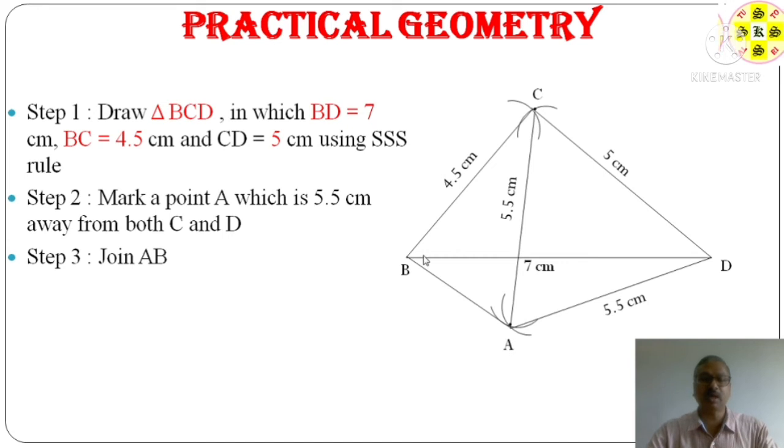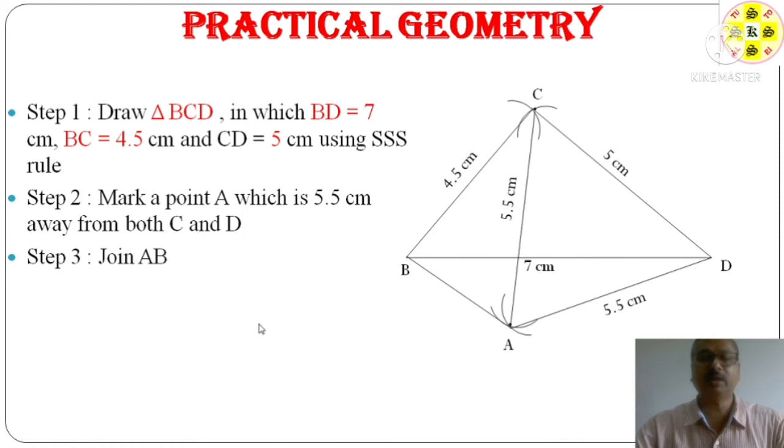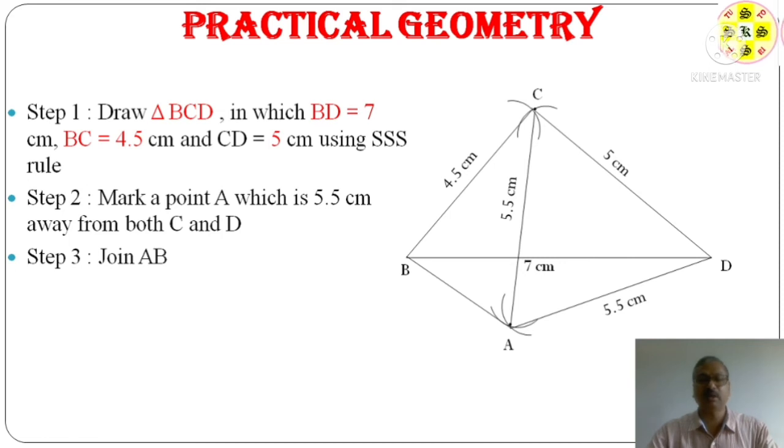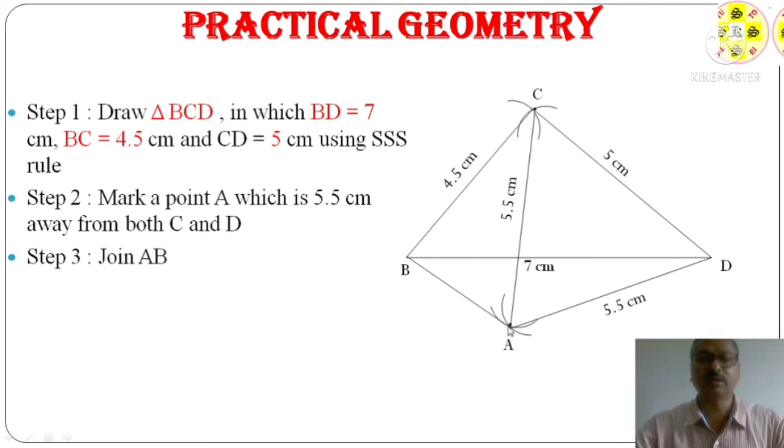Now if the question additionally asks to find the length of AB, then using a scale we can measure the length of AB and write AB equal to, say, 3 cm or 2.8 cm, whatever the length, but it should be a unique length. There may be variation in the points, but it should not differ so much that for someone it is 2 and for someone else it is 7. It cannot be.